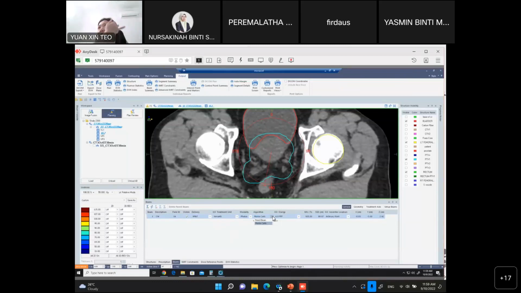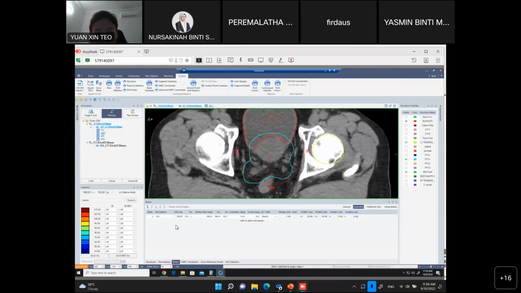So different treatment systems have a different algorithm. For Monaco, this system we call Monaco, we use Monte Carlo simulation algorithm. Then energy, you can also choose 6 MV, 10 MV, filtering free, 6 MV or 10. Okay. Then this MU per fraction will be generated after the planning system is done with the calculations for you. So SSD depends on where you put your isocenter. Okay. Then for this geometry,